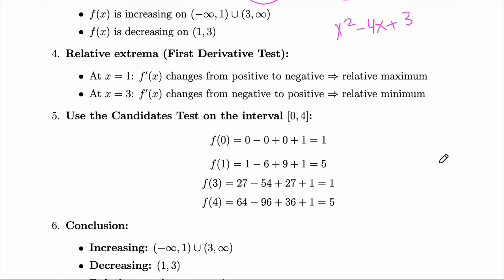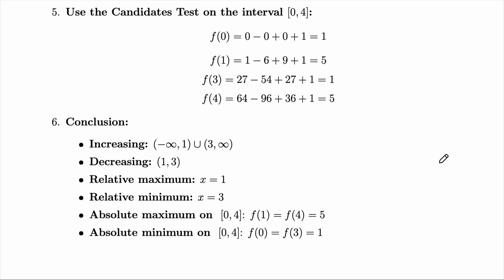All right, and then finally, let's go ahead and find our global max and min. So to do this, we're going to use the candidates test. So as a refresher, for the candidates test, we plug in all of our critical points, which are here and here, this 1 and 3, and then we also plug in the endpoints of our interval, which are 0 and 4. So that's this top one and this bottom one. So after I've done that, I went ahead and just wrote out the values here. And so what we find is that we actually have both two absolute maximum and two absolute minimum